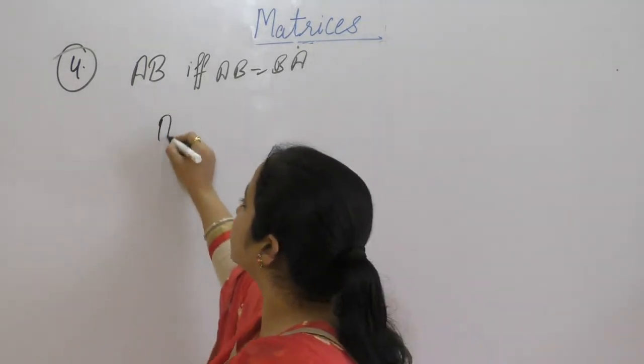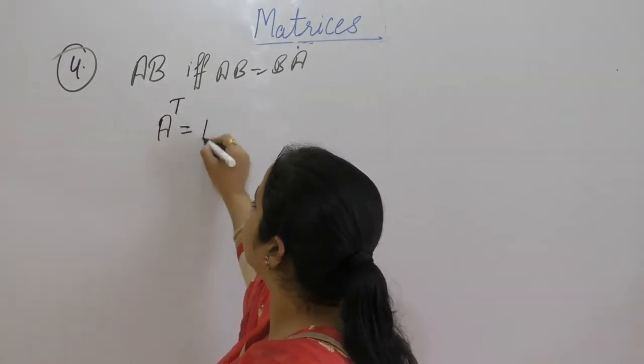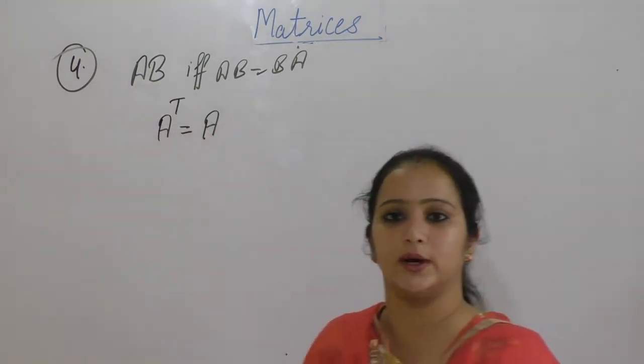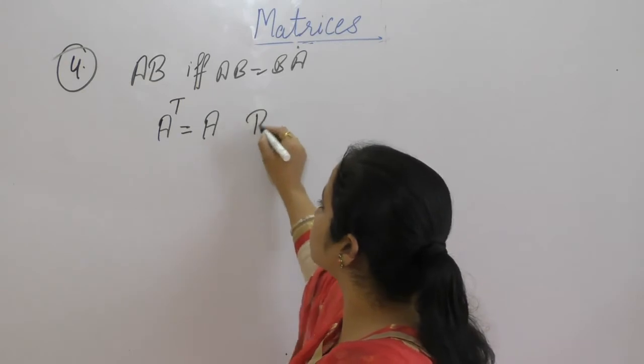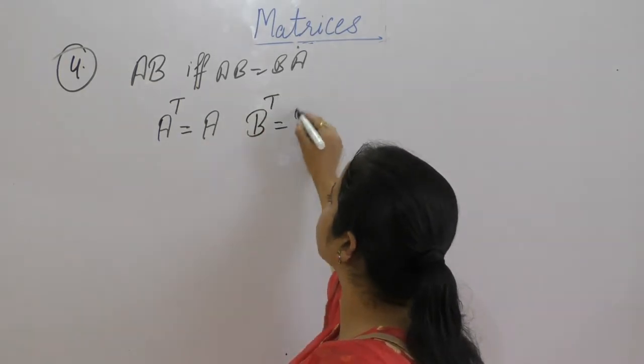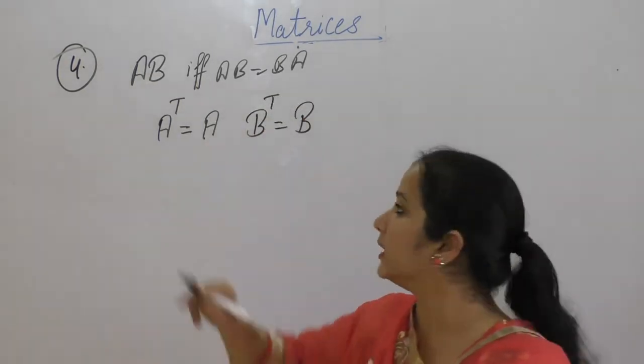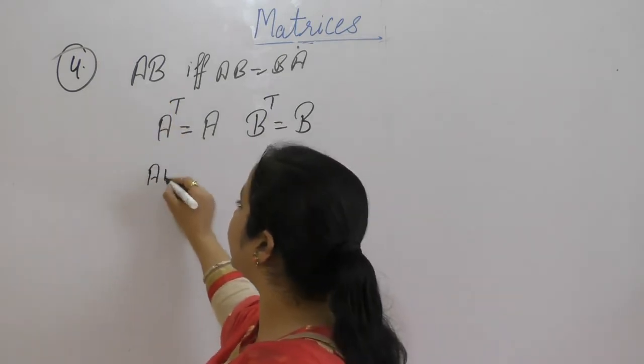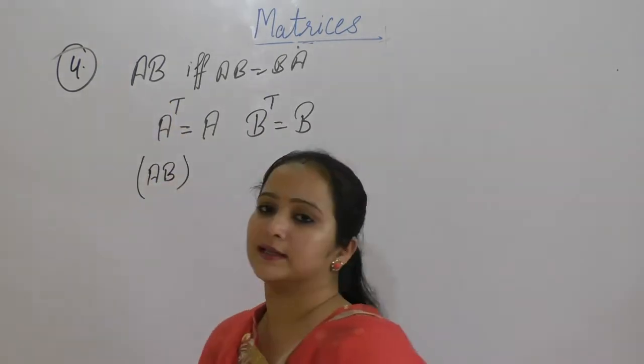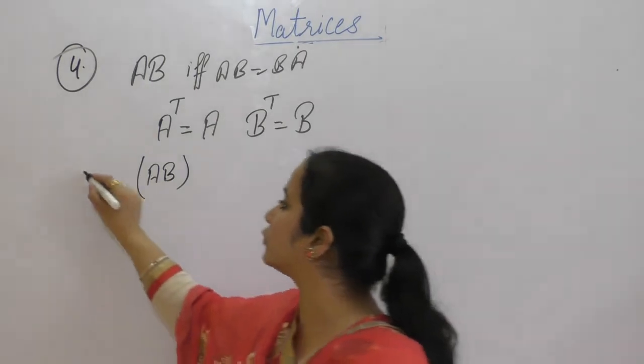Now since A is a symmetric matrix, therefore A transpose is equal to A. B is also a symmetric matrix, so B transpose is equal to B. Now we have to prove that AB is a symmetric matrix. Then what do we have to show? We have to prove that